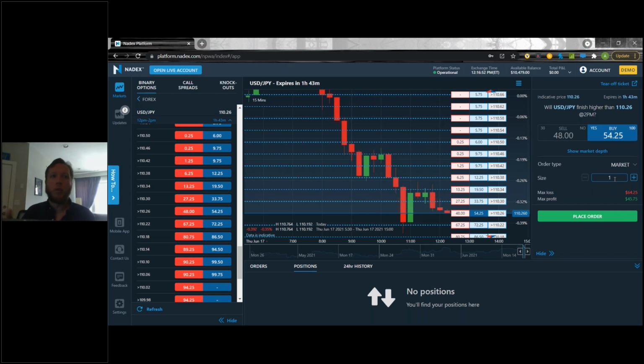Market order, for anyone that's a little bit newer, is just going to get you into that contract at the best available market price, so a little bit faster. While with a limit order, you can actually choose your price. You also see when I choose market, I only have one thing to choose here, and that's my size, while when I go back to limit, I have my size and the price point I want to pick.